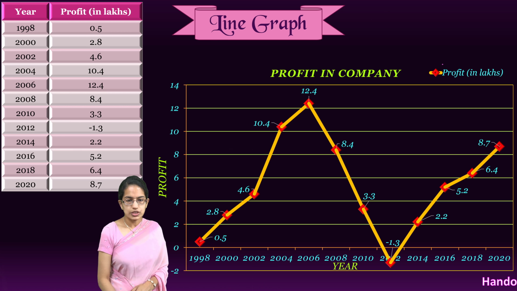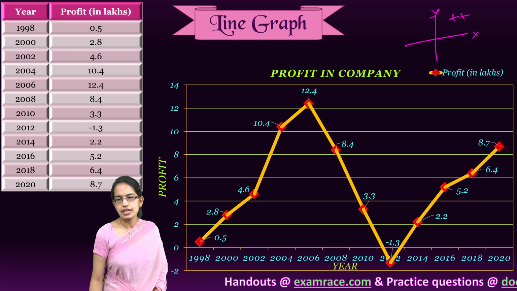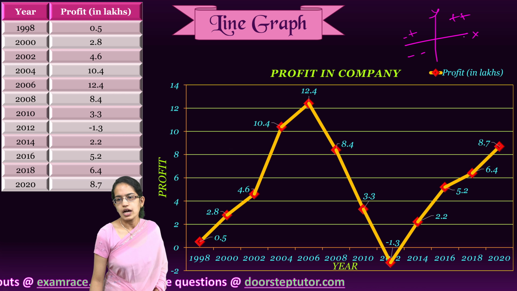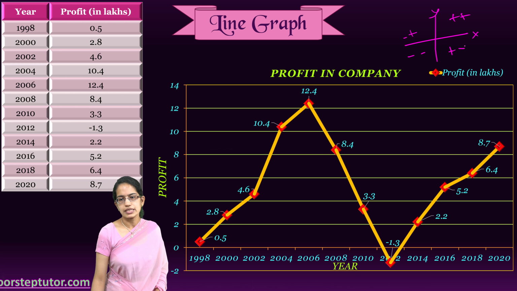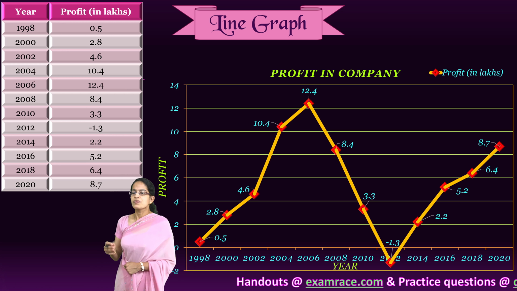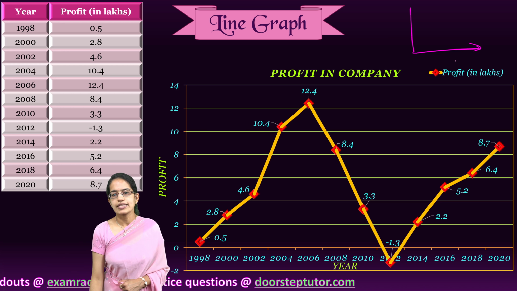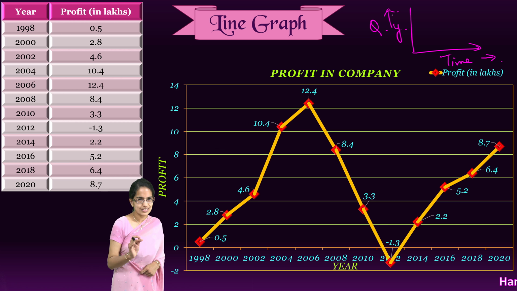Now if we talk about the gradients, in an xy coordinate, we have plus plus. Then here x would be minus but y would be plus. Here both would be minus, and here x would be plus but y would be minus. So you would have plus minus gradients that would be seen, and here the profit would be in the lower gradient. So we understand the line graph. Time series we usually see on the x-axis. Whenever we are plotting a line graph, we see a time series on the x-axis and quantity on the y-axis. That is the basis that we need to understand for a line graph.